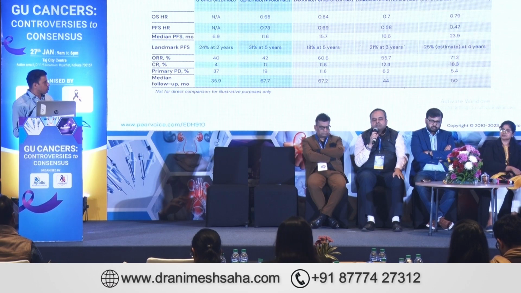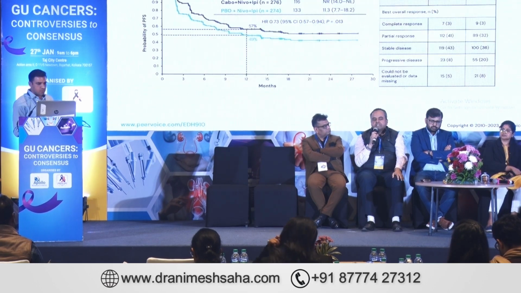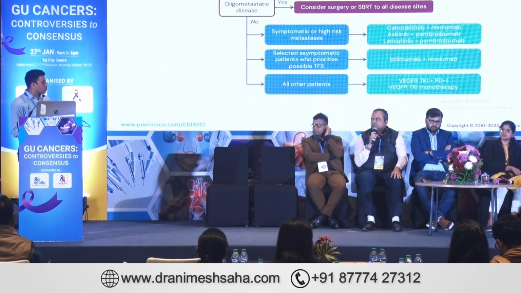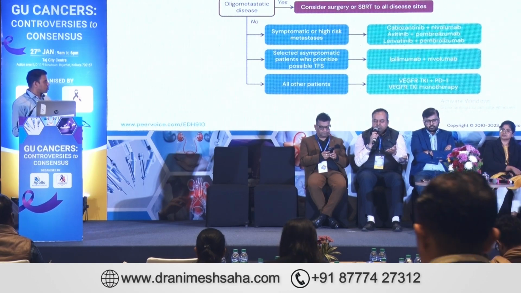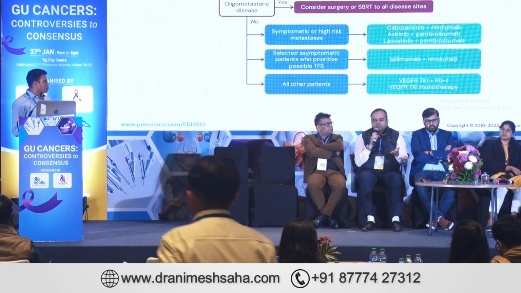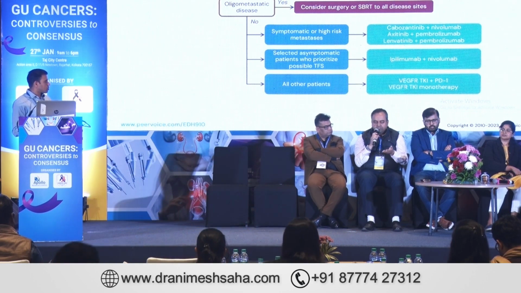By and large, the combination of TKI with immunotherapy is advocated in all risk factors. If you see pembro with lenvatinib, nivo with cabozantinib, or axitinib with pembrolizumab, you have indications for good risk, intermediate risk, favorable and high risk. But there are certain indolent cases, very slow growing tumors, very oligometastatic disease, where it won't be bad if you choose a single agent tyrosine kinase inhibitor and wait for combinations in the later phase.